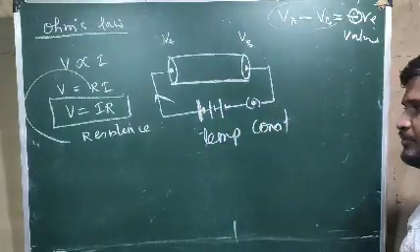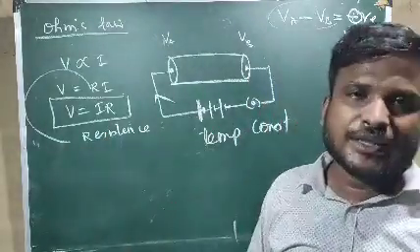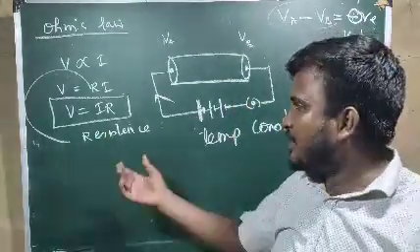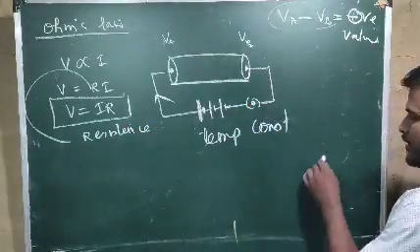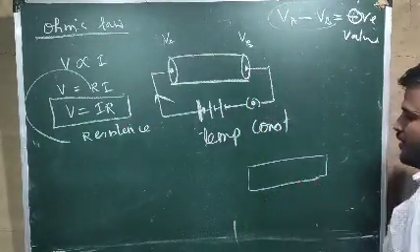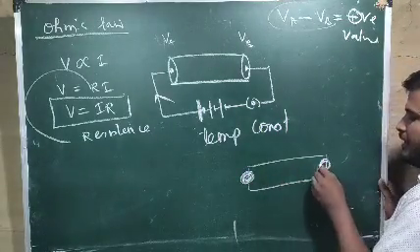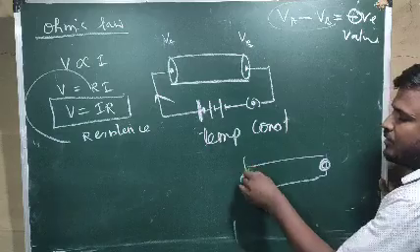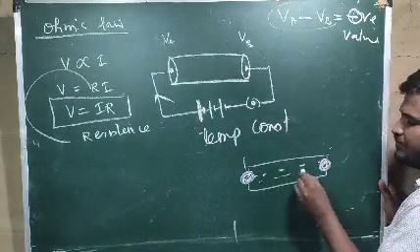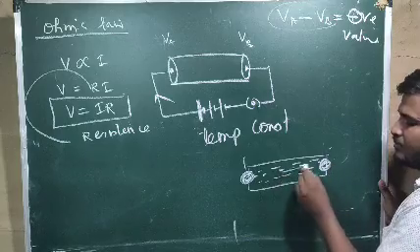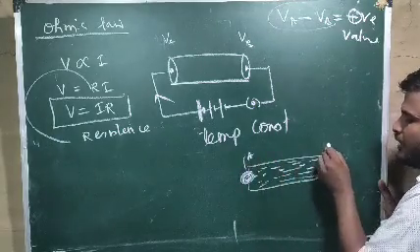Now, what is resistance? Resistance is the measure of opposition to the flow of current. For example, let us see. Suppose this is one place and here is another place. Suppose a Durga Puja, Dussehra, is going on, and many people are going from one place to another, from point A to point B.